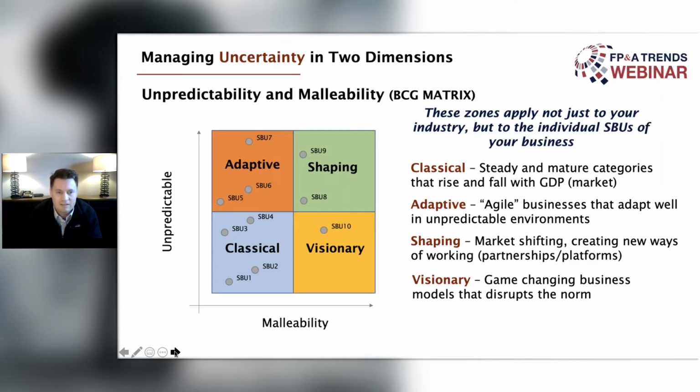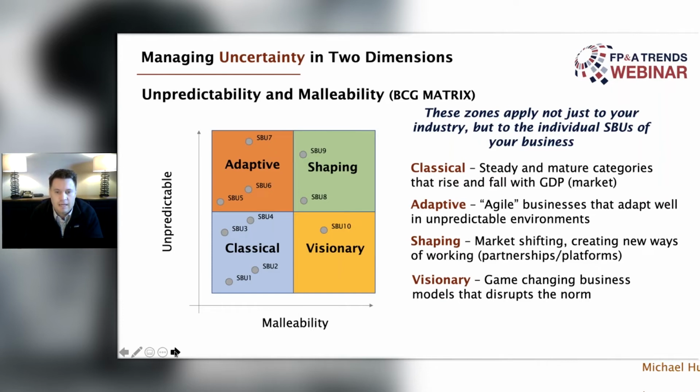So, lack of being able to forecast and the ability to shape that. And if you do it on the two dimensions, what you notice is we actually have four zones: the classical, adaptive, shaping, and visionary. But what's interesting, I think, is that the BCG matrix plotted industries on this graph. And I think what we can really do as an organization is plot our strategic business units on that graph